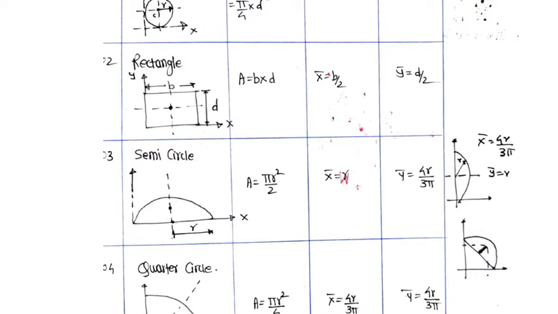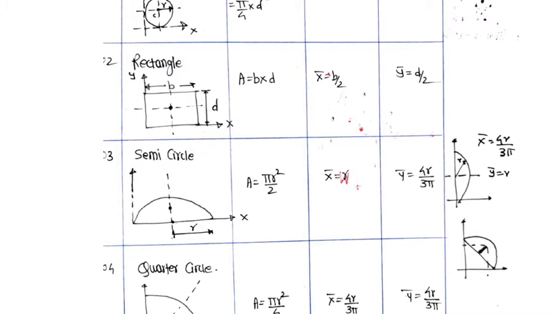And what is the position of centroid? So, x bar, the horizontal distance, is equal to b by 2, because this is a line of symmetry, and the vertical distance is equal to d by 2. So, x bar is equal to b by 2, y bar is equal to d by 2. Okay. Now, I request you to note this down in your notebook, so that while solving the problems you can refer to this table.